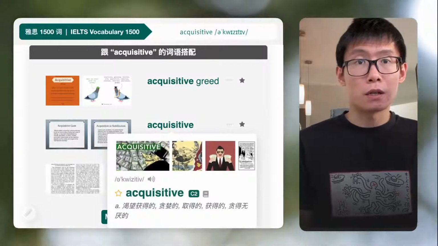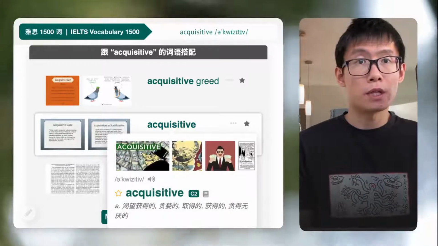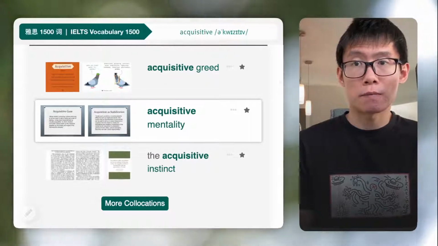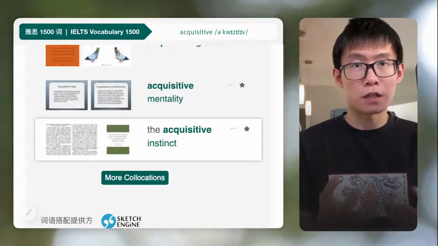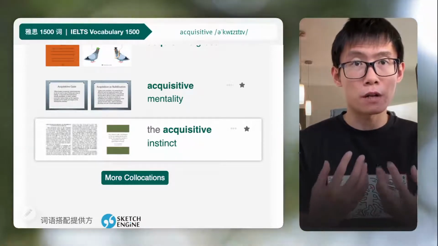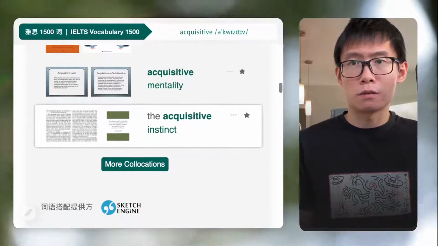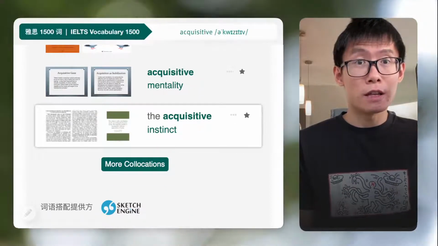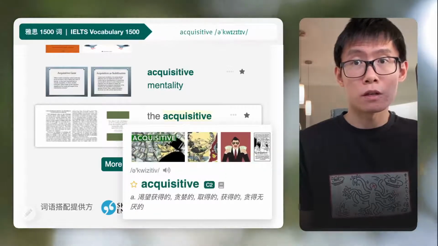Acquisitive mentality, meaning wanting a lot and wanting to get a lot of things, that's acquisitive mentality. Acquisitive instinct, that means the instinct of being greedy. You want to get a lot of things, and that's acquisitive. 就是特别这个怎么说？非常贪婪啊，想要有好多东西，这是 acquisitive 啊，很想要 acquire 啊，这是 acquisitive。